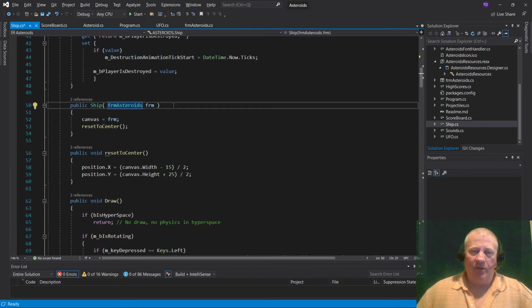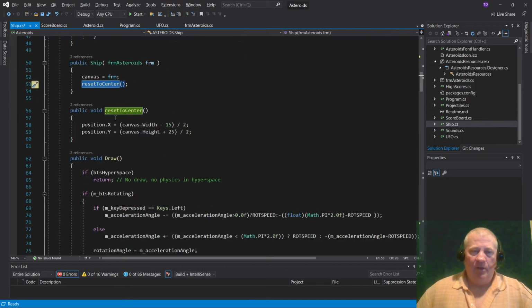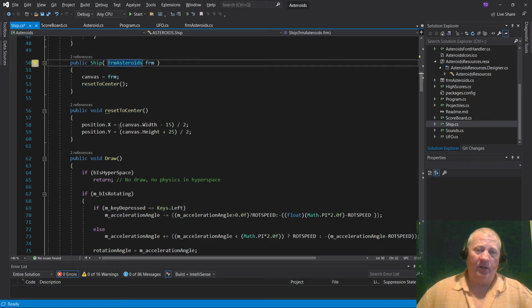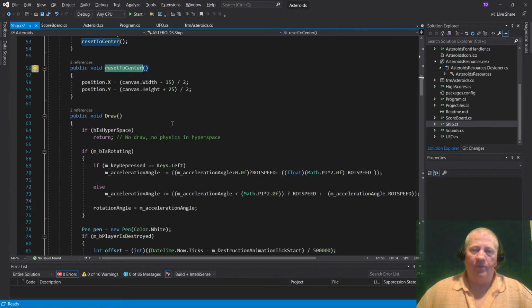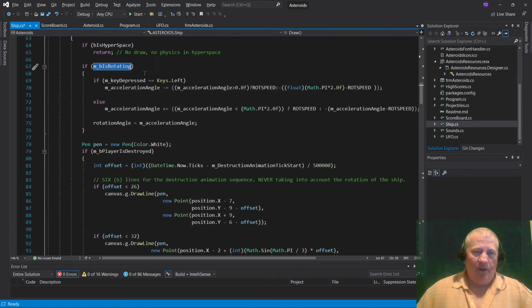So, just getting into it, the ship resets to center every time that we create a new one. Now we're going to reuse that ship quite often, so it's only instantiated once at the very beginning of the game, and then it's reset to center once a player gets destroyed. Now, on the draw function, there's a couple different things that happen with the draw. Is it in hyperspace? We don't draw. There's literally nothing going on. Is the player rotating? If so,